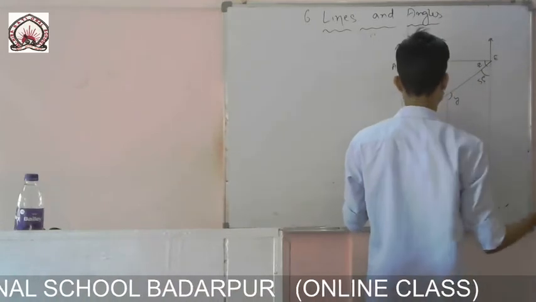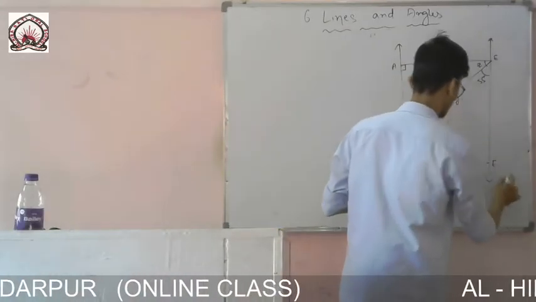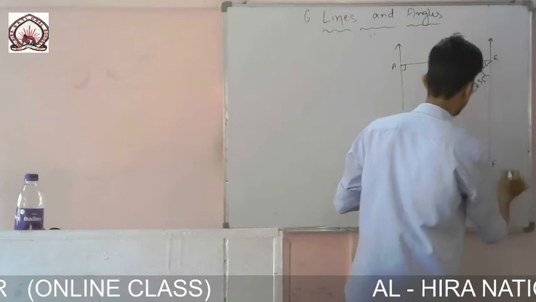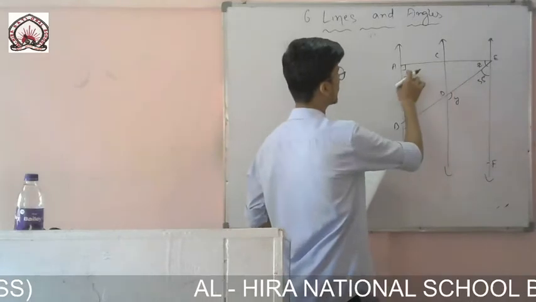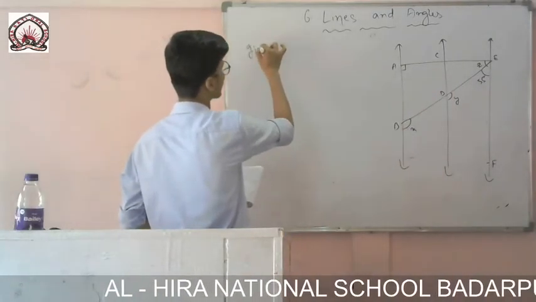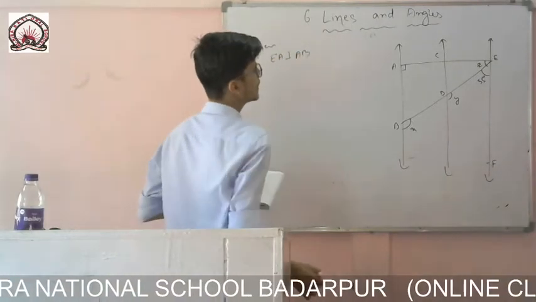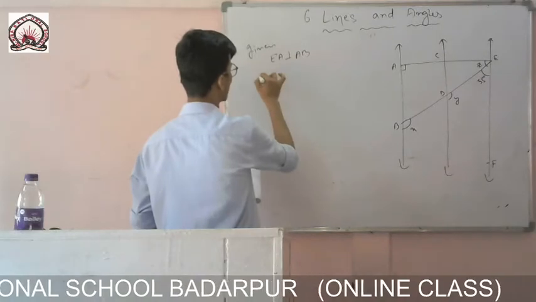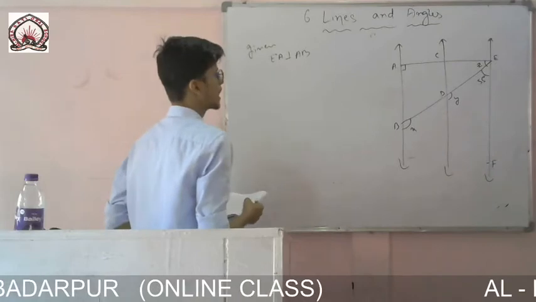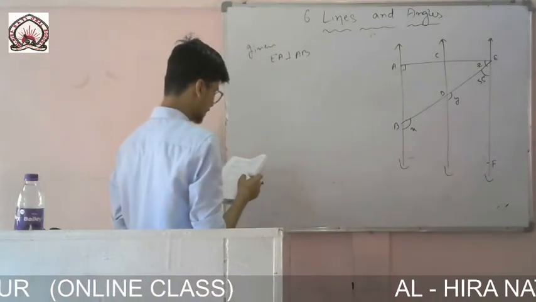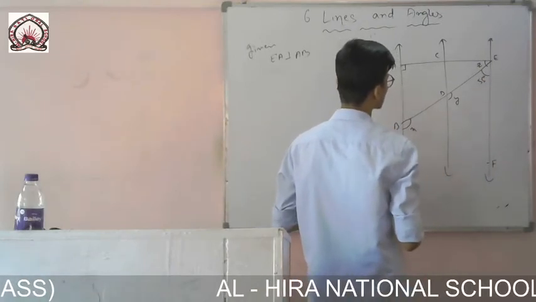This is a very easy question. In the exam you may get confused, but normally it is a very easy question. I will just relate the things you see here. In the question it is given that this line is perpendicular to that one. EA is perpendicular to AB, that means this angle is 90 degrees. Now first you have to find angles X, Y and Z.